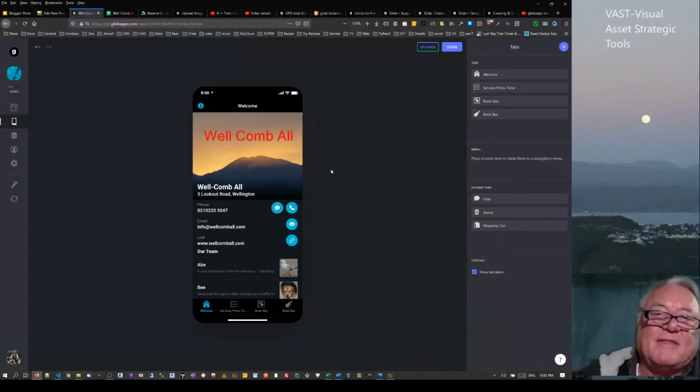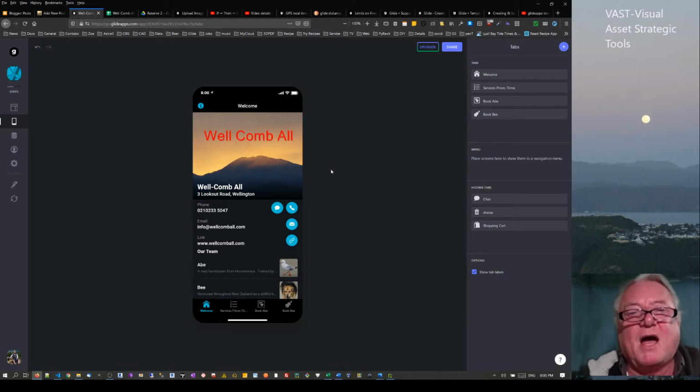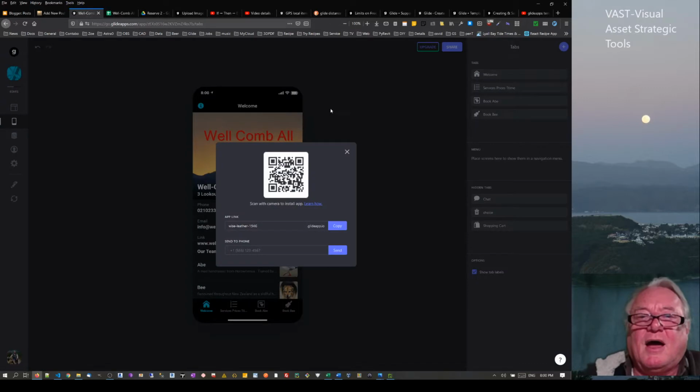Hello, I'd like to talk about this template app here. This is based around a couple of barbers in a barber shop, and they can share this app through here by sending it to some of their clients